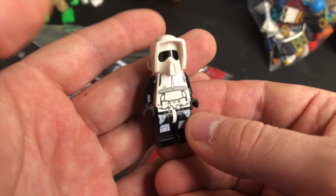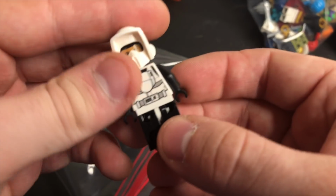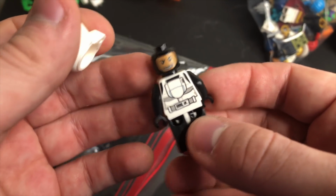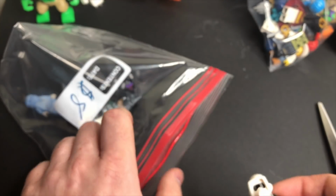Then we've got this Scout Trooper figure, and what's cool about this one is his head turns around, and on the other side, he's got just a like masked face there, like he's wearing a balaclava or whatever, so that's kind of cool. Now, this is kind of figures in the $6 range,